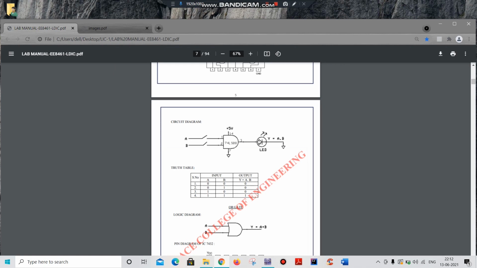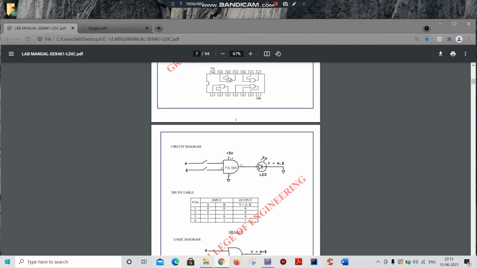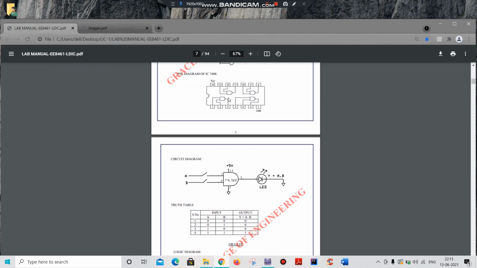In manual connection, that is in your trainer kit, your A and B will be connected by connecting wires to your IC, and after that you have to place an LED for your output, which will be placed at pin number 3. Okay, so here you have to connect the LED to pin number 3 of your IC 7408.